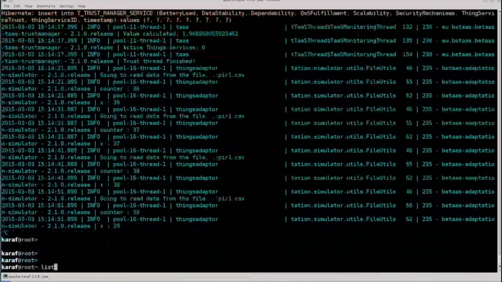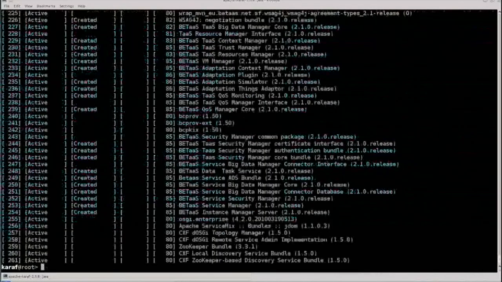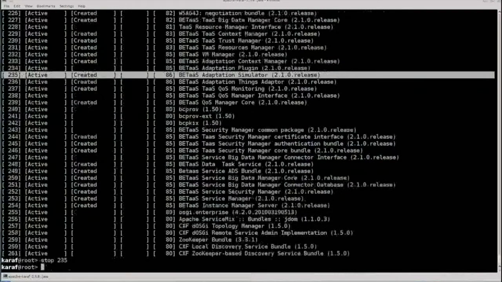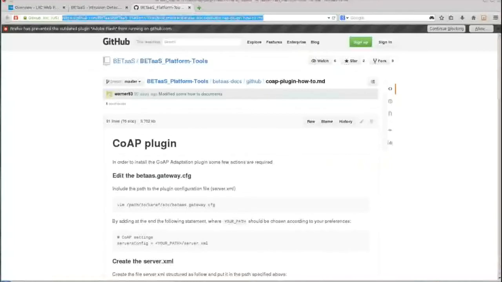So we have to leave the log tail by issuing Ctrl+C, then perform a list operation in order to find out the bundle number of the Things Simulator, which in our environment is 235. So we stop the simulator,